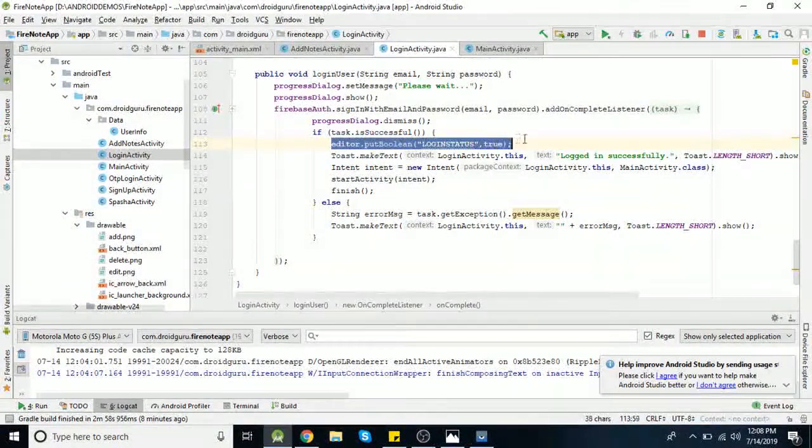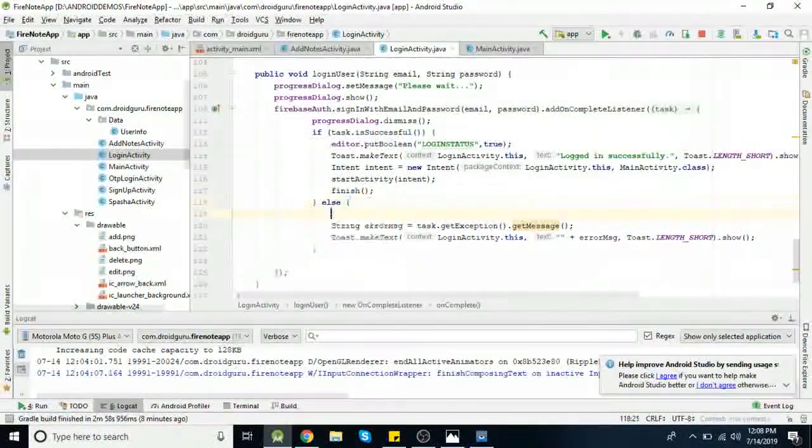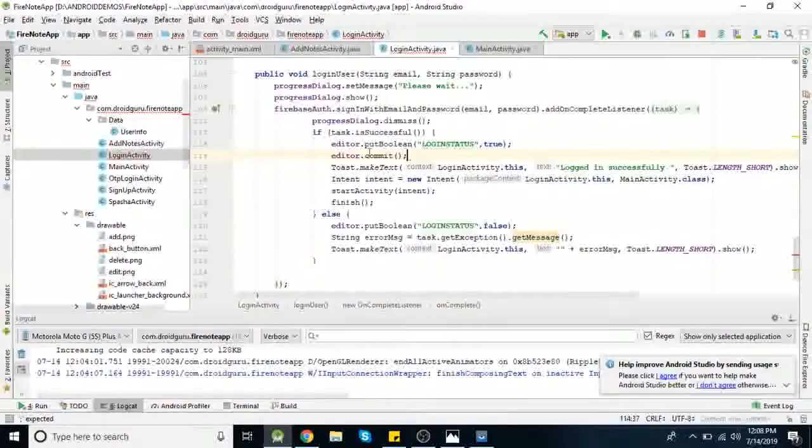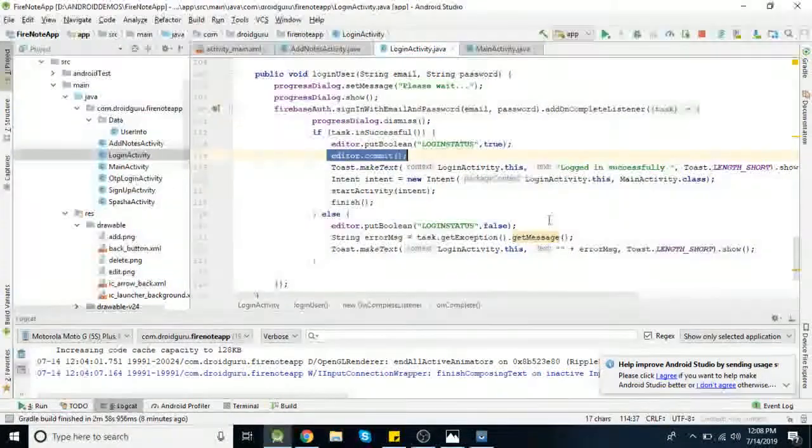And here the value will be false, and you need to commit this value, so editor dot commit. Same here.